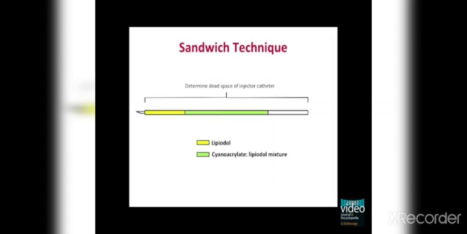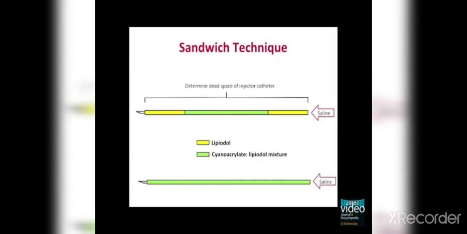Following penetration of the varix, the injector volume can be emptied into the varix, the needle is withdrawn, and then a saline flush is used to empty out the injector catheter. This step can be repeated for every injection as needed. Another technique is the pre-filling of the injector sheath with a cyanoacrylate and lipiodol mixture. This can be useful for repeated injections or in the case of active bleeding, and the catheter can be flushed